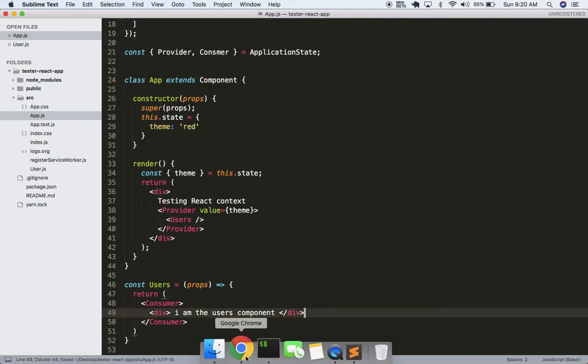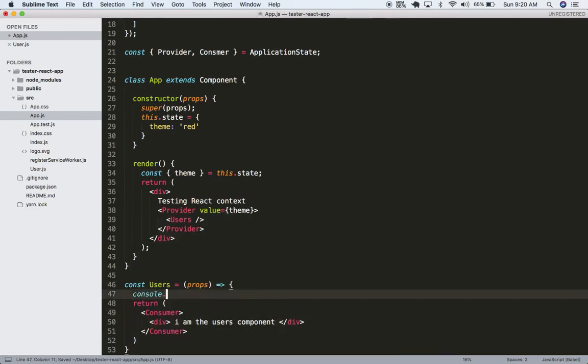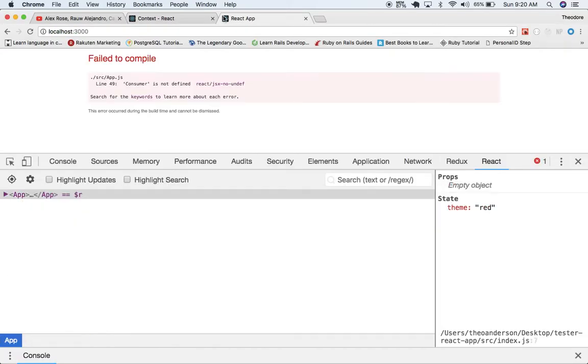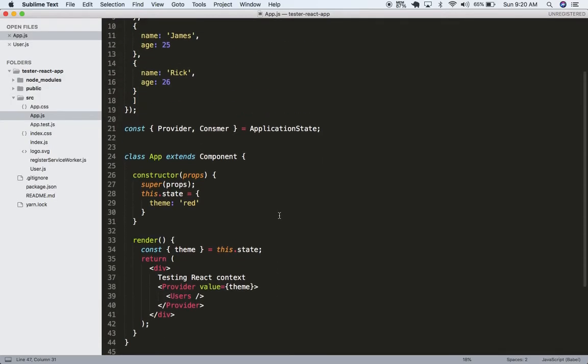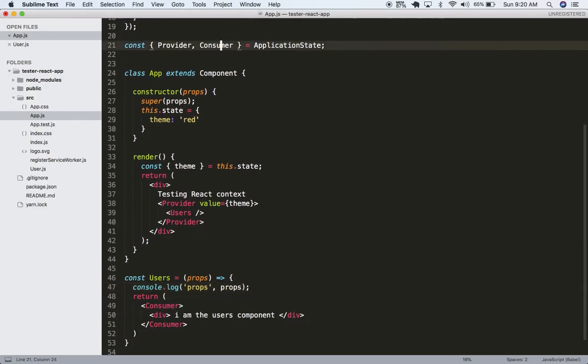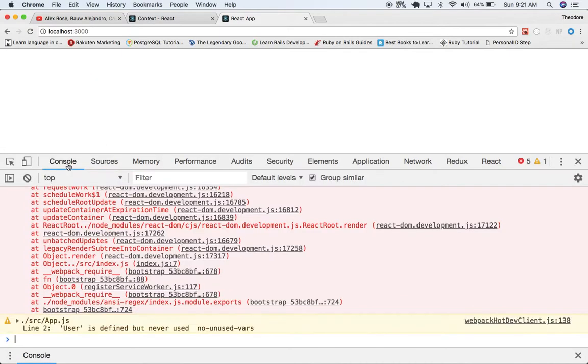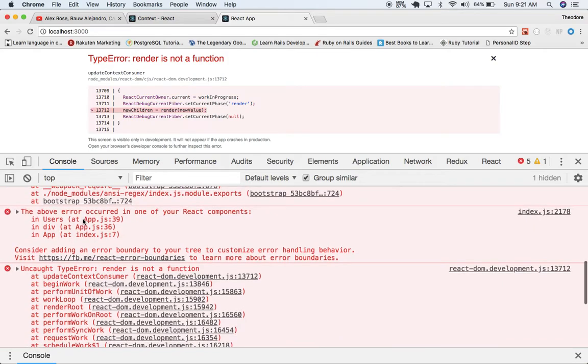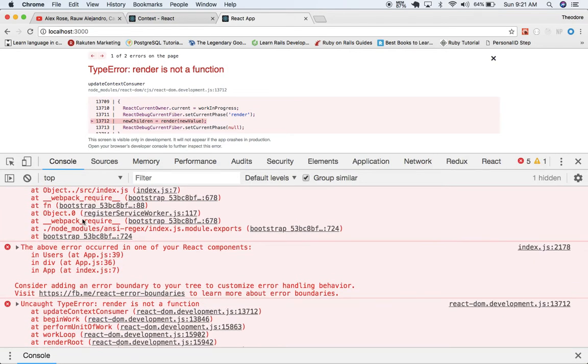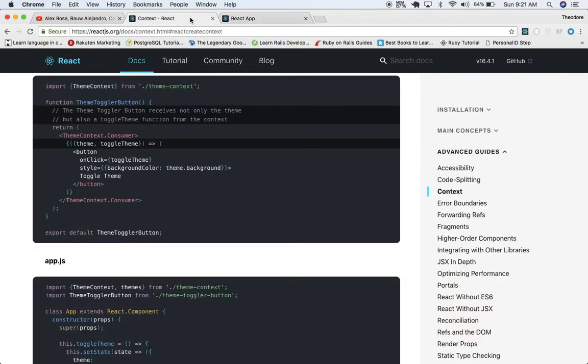I am the consumer, and we'll log out the props that it's being handed. And this should be the props from the provider. So let's make sure that this is correct. Consumer is not defined. Oh, sorry, consumer. And let's make sure this is good to go. What is it saying now? Render is not a function. Does it need to be a